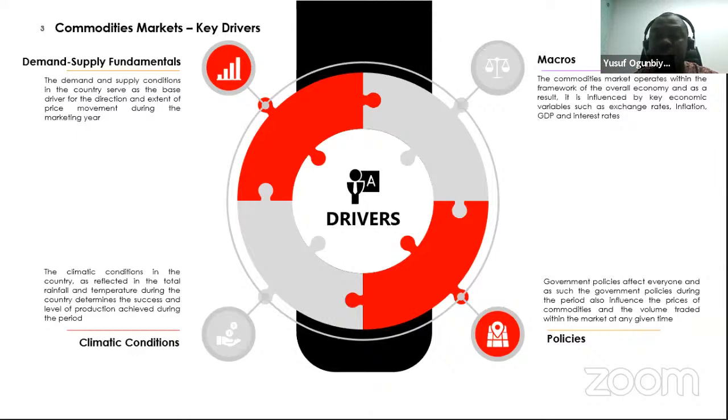The third one, which is climatic conditions, is very, very important to agricultural production because the crops we are producing, for instance, maize, paddy rice, soybeans, are affected by the weather condition. So if the weather is not good, we don't have enough rain, or there is too much heat in the environment. If you've been following the news, you see that North America, Canada, and the United States have been witnessing something called a heat wave.